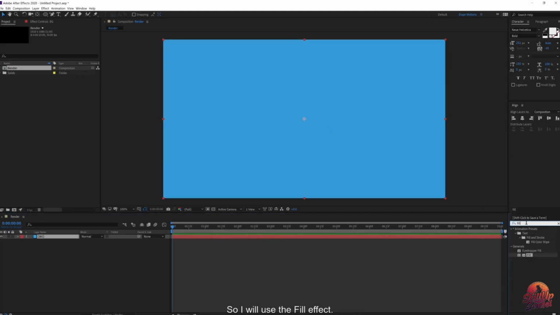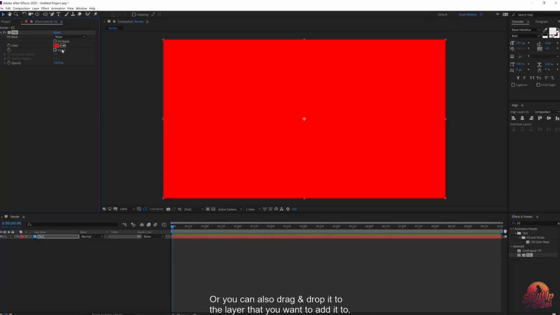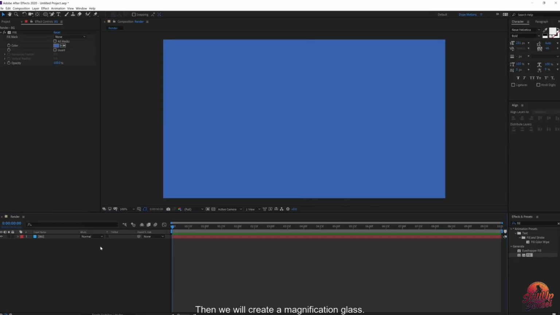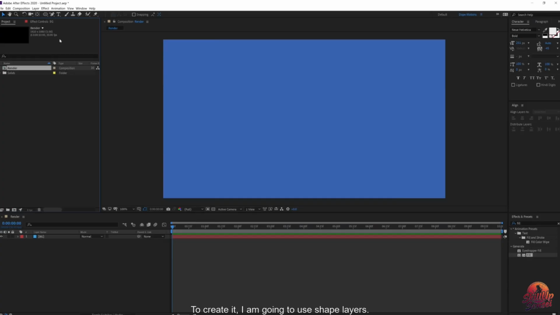So we'll use the Fill effect. Just go to Effects and Presets and search for it. Or you can double-click it to add it. Or you can drag and drop it onto whichever layer you want to apply it. Then I'll pick a color that looks right here. We'll select it in this way and then apply it. Next, we'll create a magnifying glass, and to create that,